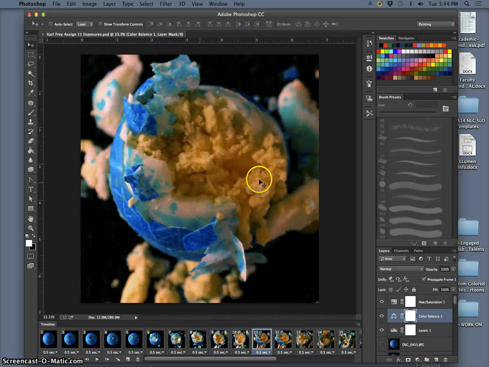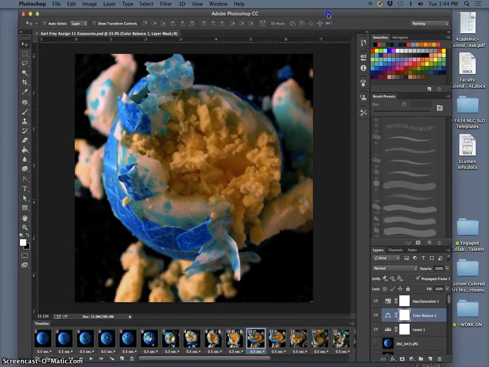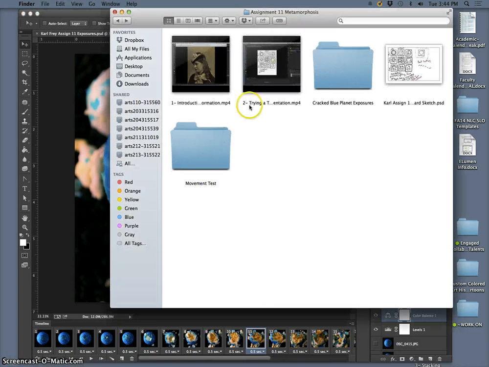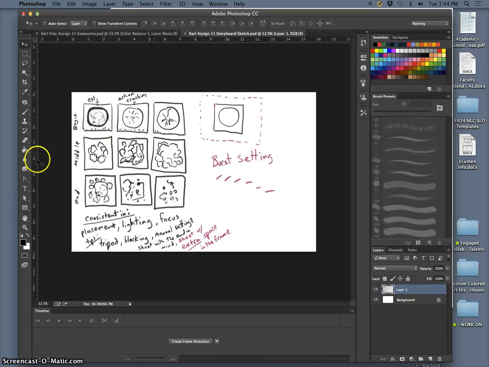And now I want to make my storyboard of it. And remember, my storyboard started as a sketch, and it might have changed drastically from there. But this was my sketch idea, to have kind of a beginning and a middle and an end, where the egg is intact and then starts to crack, and then the middle is exposed and then it gets completely destroyed. Now my trick is to find the 9 images that will tell this story and to present them in a